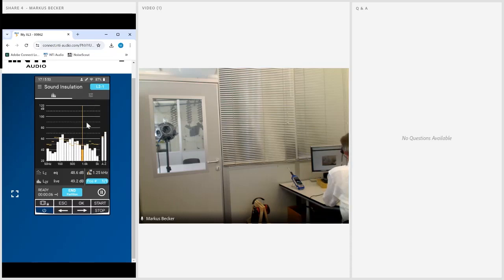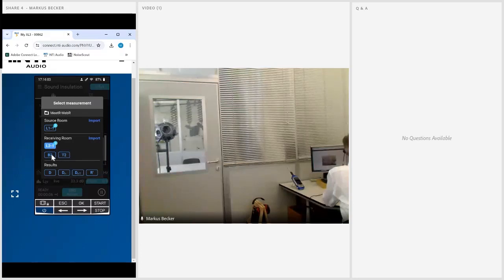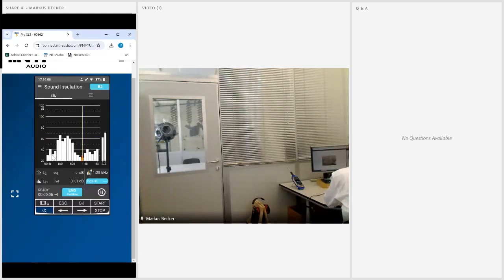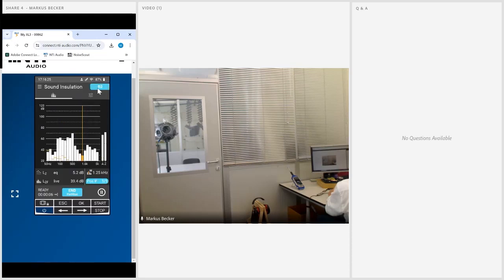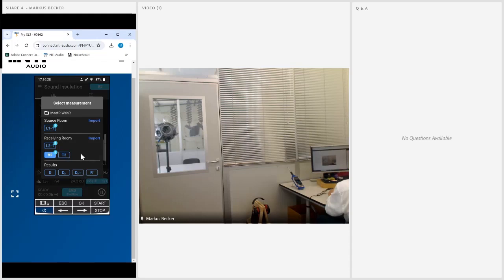Maybe you heard the noise in the background, pink noise. Anyway, here you see the yellow bars are now the level in the receiving room. That's the result. Next step, background noise in the receiving room. So I will be silent for a couple of seconds and start the measurement, of course, without the dodecahedron. Well, I also have this data. Now the only thing missing is the T2, the reverberation time in the receiving room.